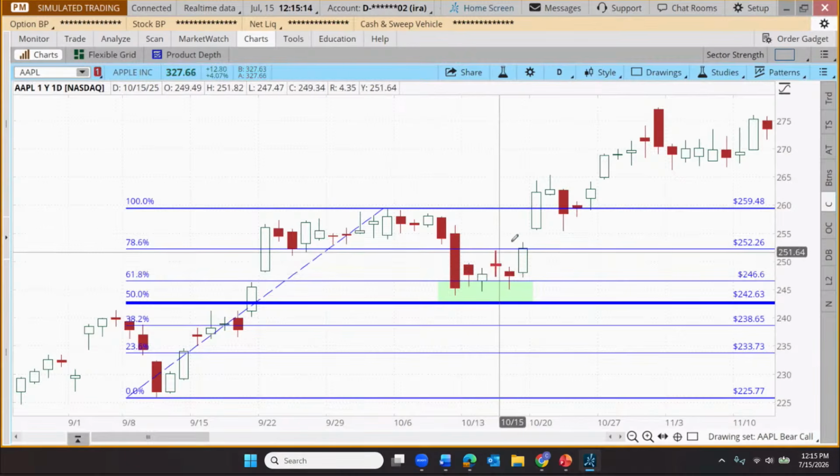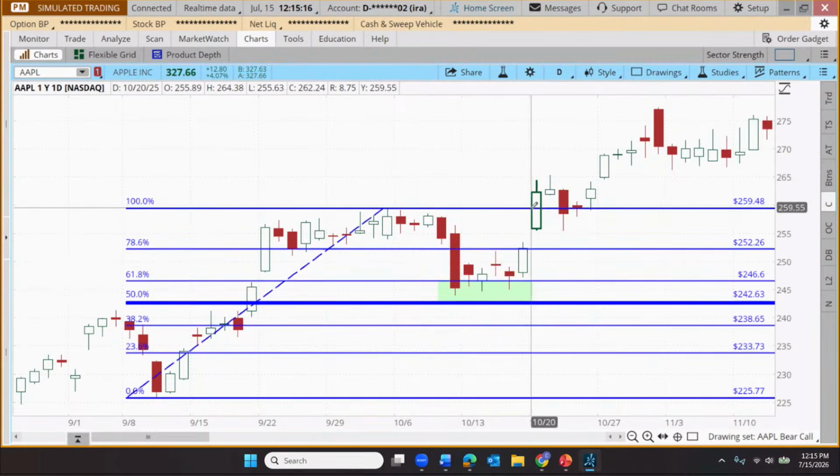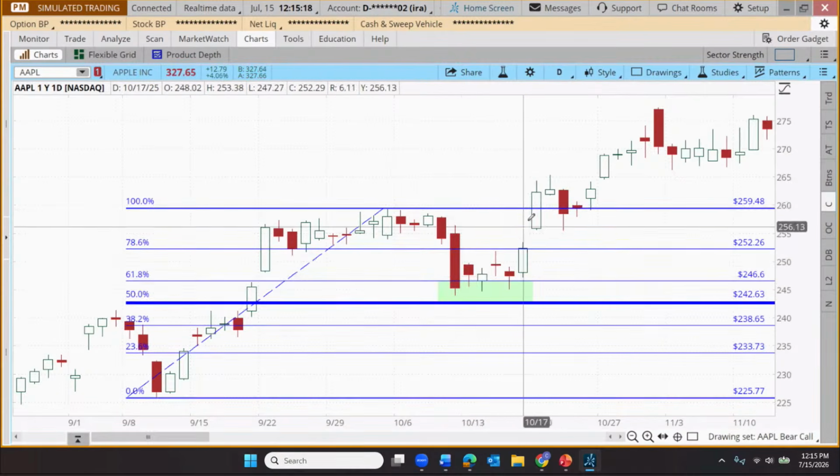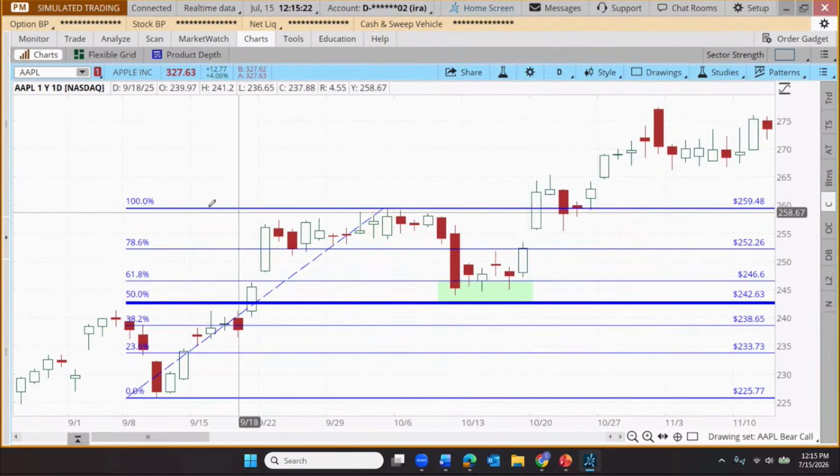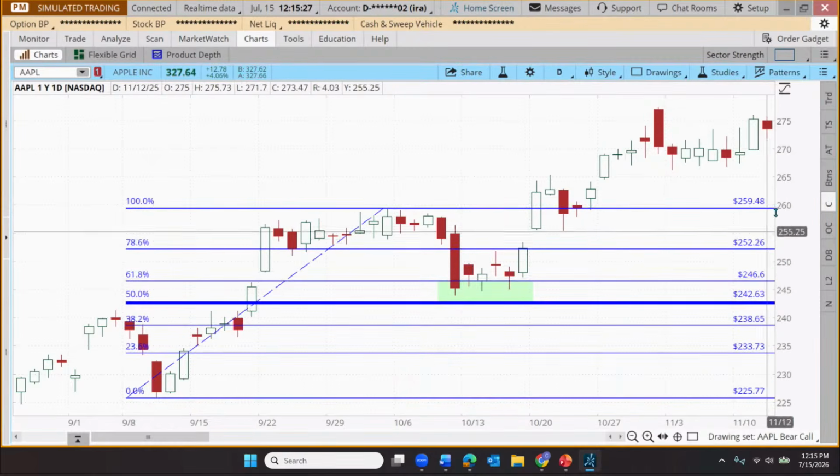Also finding future resistance levels. For example, our trader might just look for the price to rise back up to the previous high. That may be a new resistance, getting back to the 100% line. Or they might look for an extension of price. Let me zoom back out here.